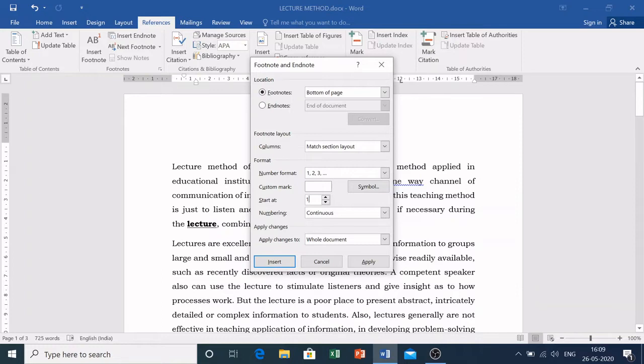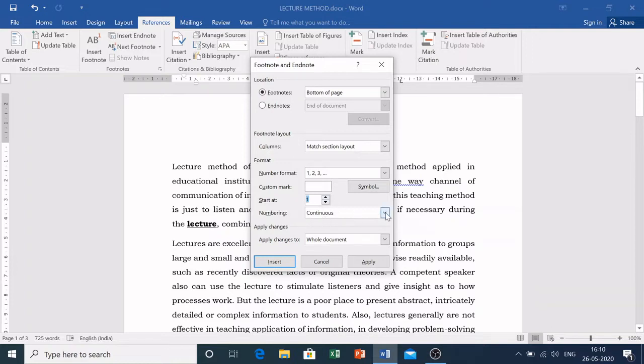For example, when there are multiple sections, and you want to finish one section from 1 to 40 and then the other section from 41 to 50, then you can put 41 here.